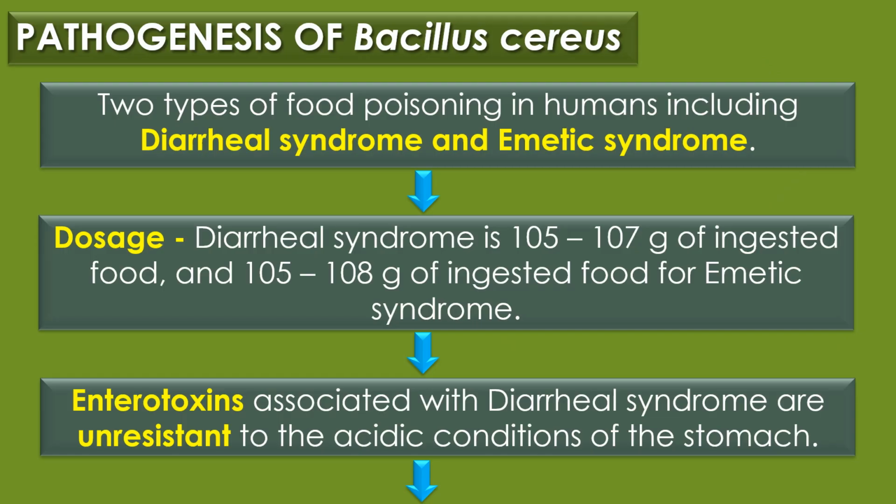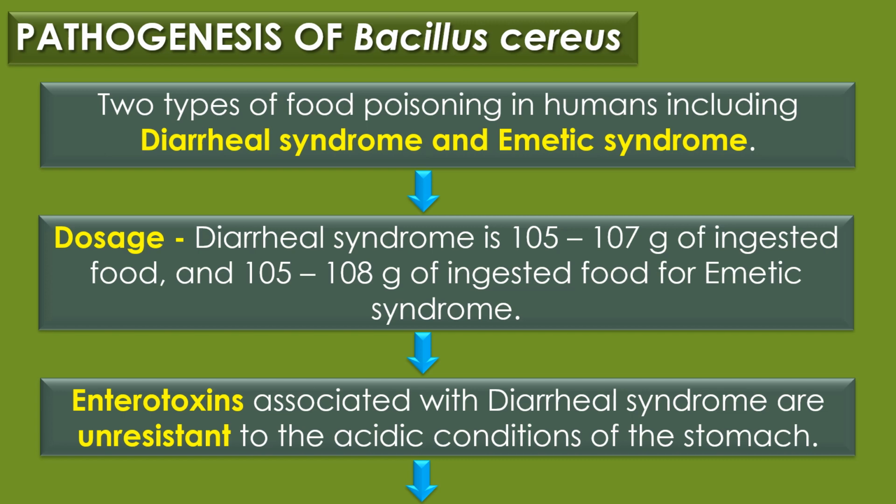Pathogenesis of Bacillus cereus. Bacillus cereus causes two types of food poisoning in humans, including diarrheal syndrome and emetic syndrome. Food poisoning results from its production of enterotoxin in the gastrointestinal tract, and the dosage of ingested Bacillus cereus spores leading to the diarrheal syndrome is 10^5 to 10^7 per gram of ingested food, and 10^5 to 10^8 per gram of ingested food